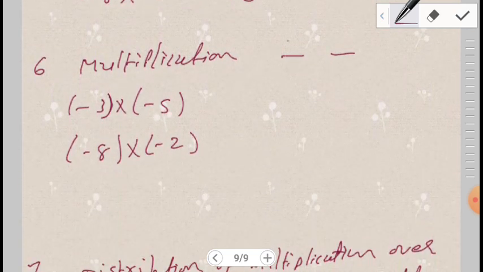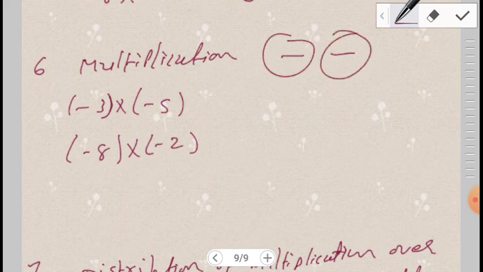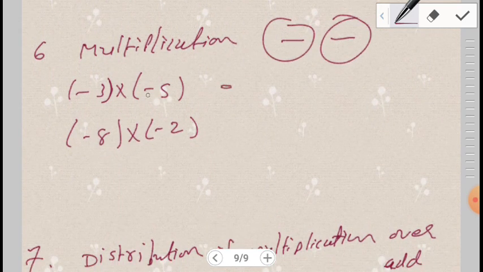Multiplication of a negative number by a negative number. So we multiply here 5 3s are 15, minus times minus is plus, that means positive 15. Here 8 2s are 16, minus times minus is plus, that means plus 16, which we got by multiplying a negative number with a negative. That means a pair of negative signs becomes positive at the end, just a pair of two negative signs.